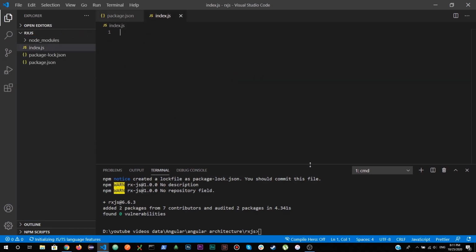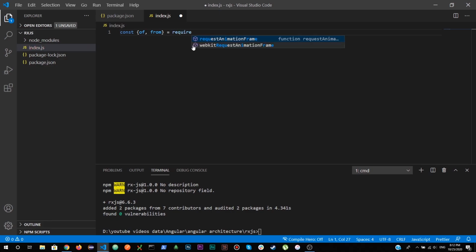Right. So here I can import the RxJS library. How can I import it? I will write const, and first I will be using two RxJS functions that are really important if you want to create an observable with constant data directly in your code, but not with HTTP calls. Those are of and from, and require rxjs, right? So of and from are the RxJS functions that let us create observables with constant data.